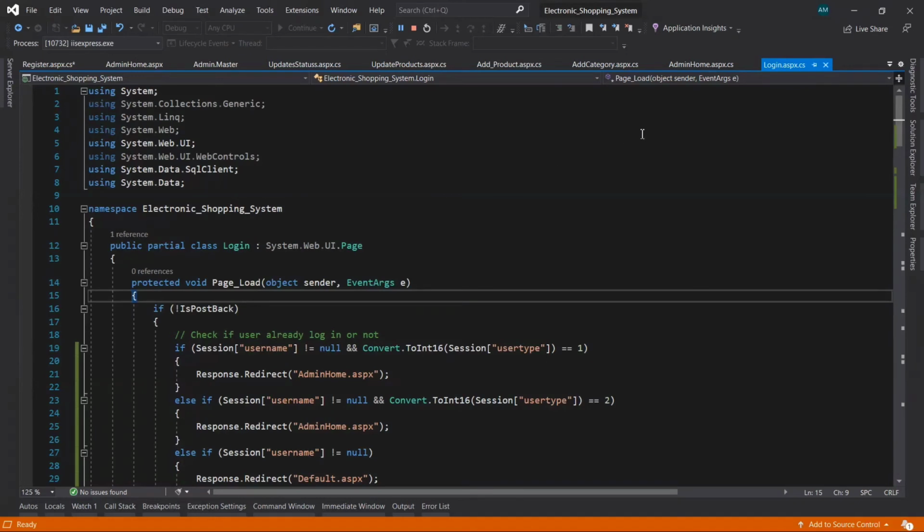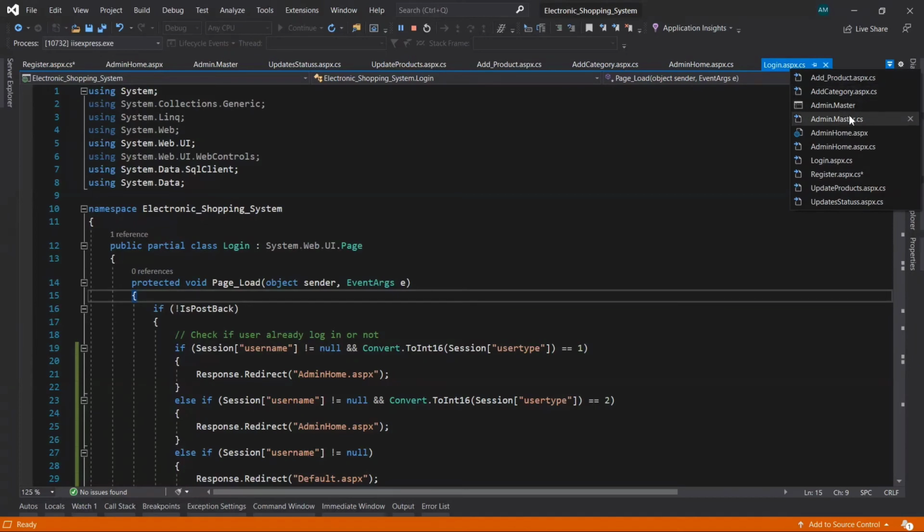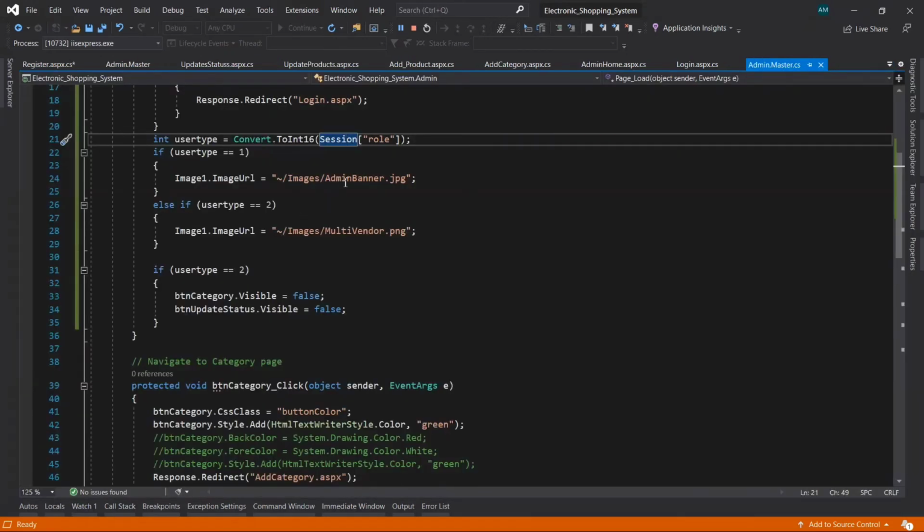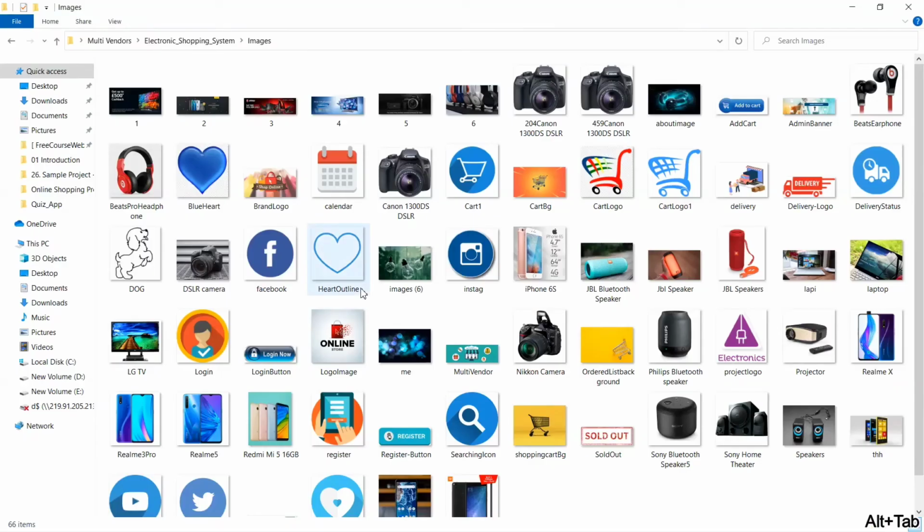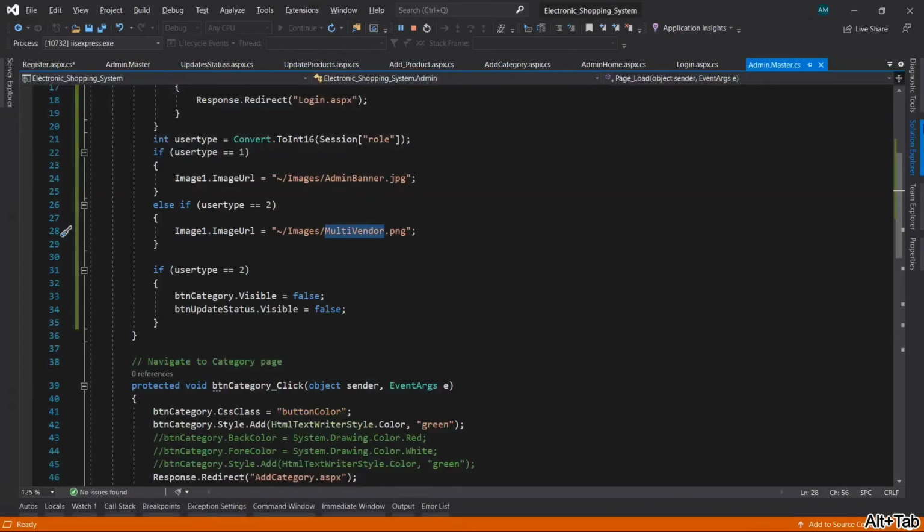That will be in the admin master page, master.cs. We have opened admin master.cs. Here it's the multi-vendor.png image. I'm just copying it from here and going to paste it in our project.